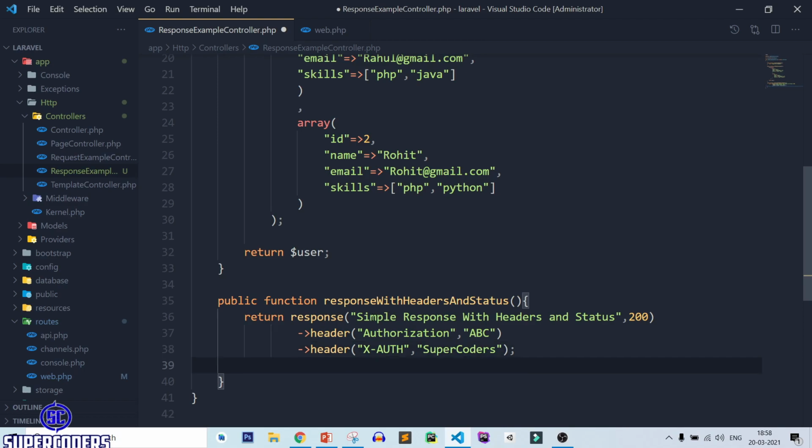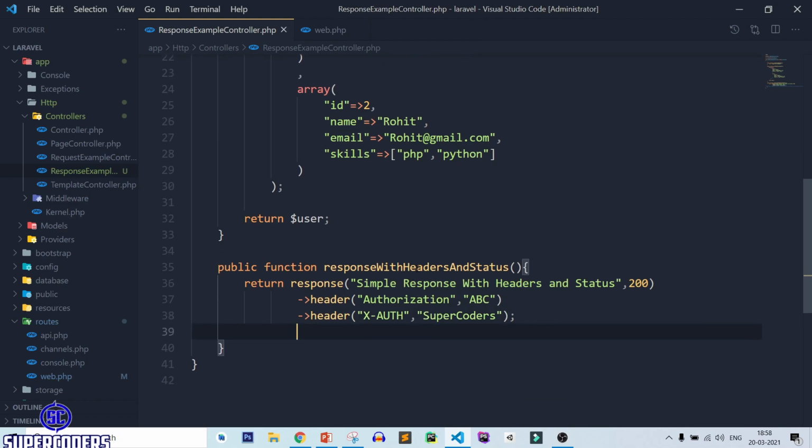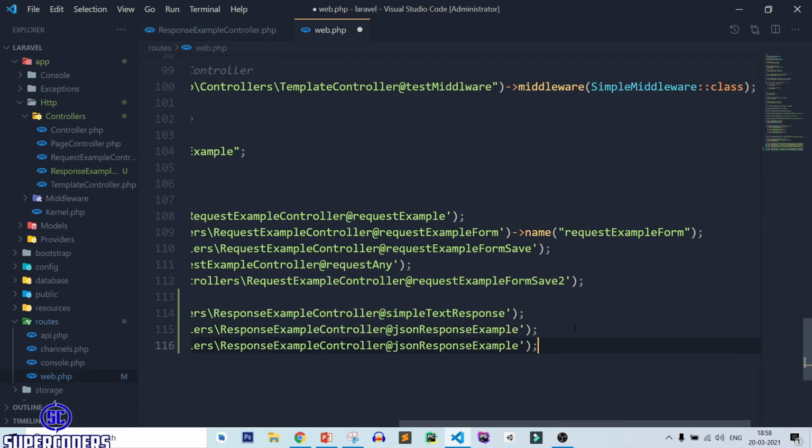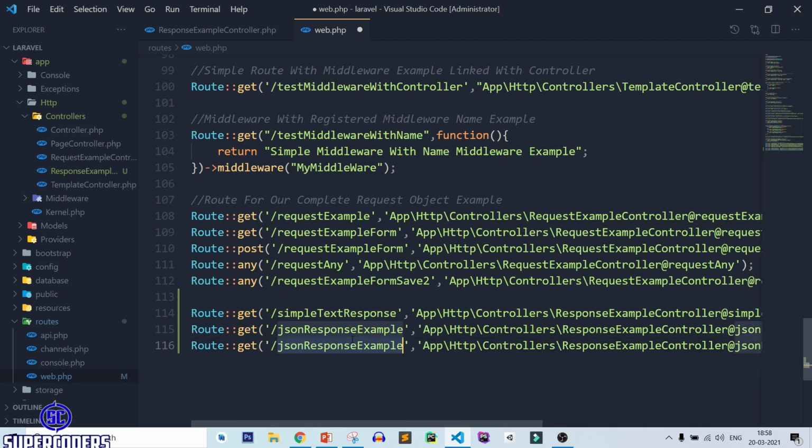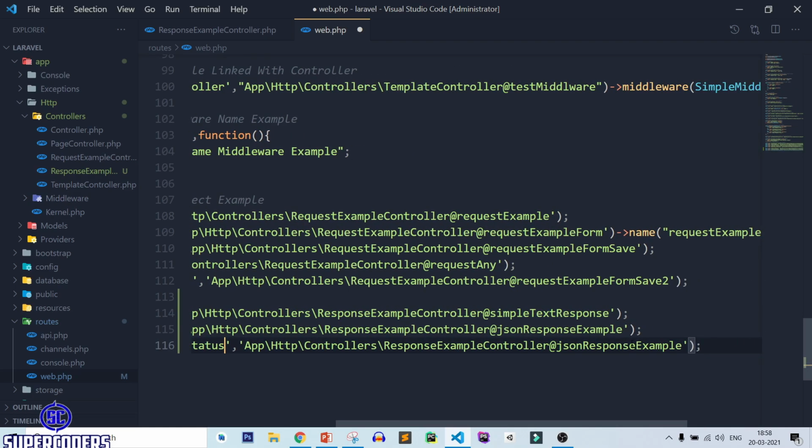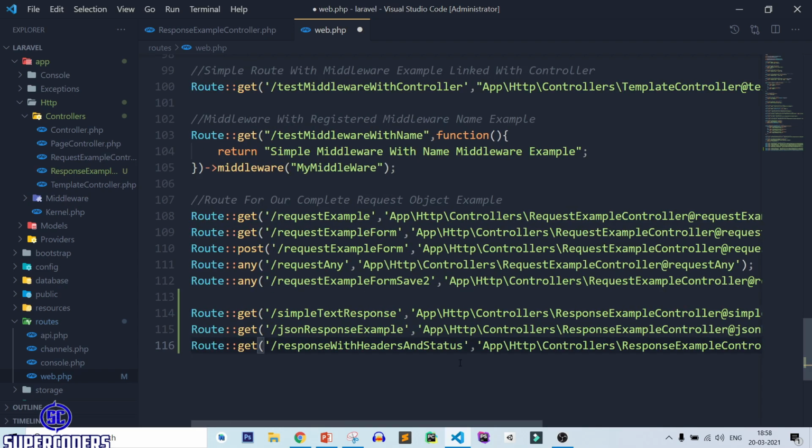Now after that, save this file and let's link this method to our route. So copy the method name. Let's copy this same line again, paste the method and link it with the method name. Now save this file and let's check whether it's working or not.